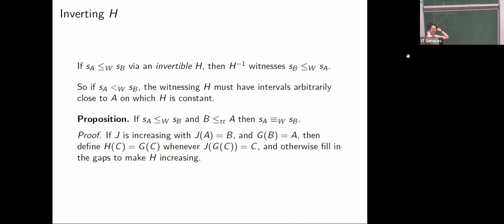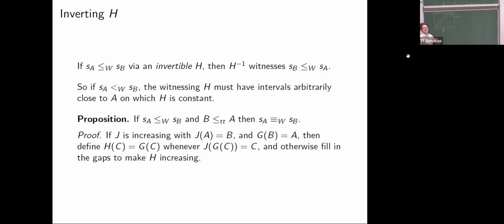So suppose that the step function at A is Weihrauch reducible to the step function at B via some J. And here I've drawn the function J inverse, which is not a function because it has a lot of vertical segments in it. And I want to show that in this circumstance B is strong Weihrauch reducible to A. Well, I won't always be able to do it, as I'll show you later. But if it turns out that A and B are actually Turing equivalent,